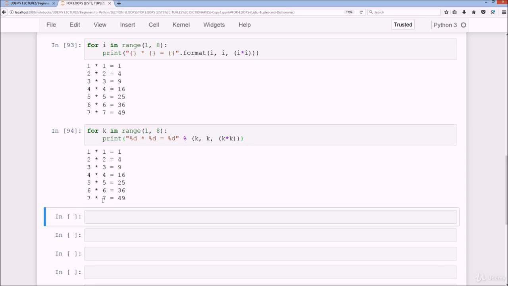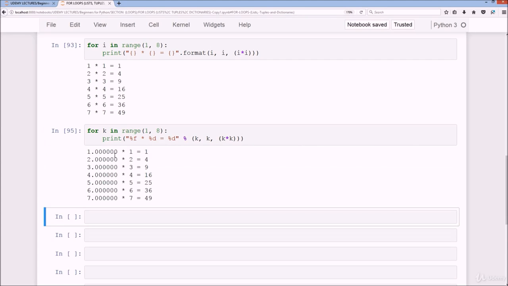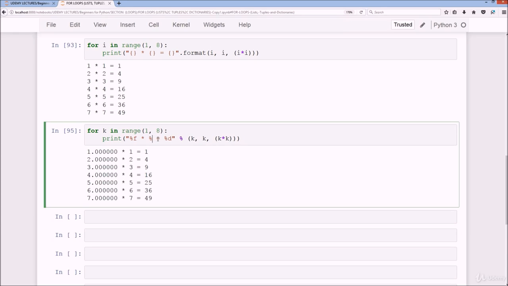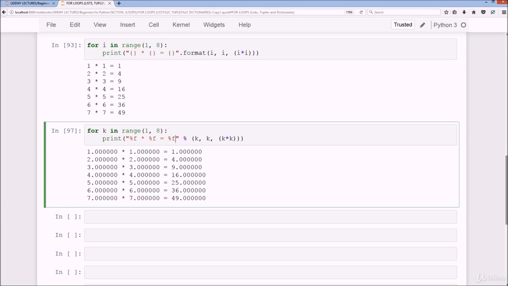Great, so it's exactly the same output as what we have above, and we can change these to say f, and then we'll get floats instead, as you can see here. And we do the same with this. It's rather long, and we could do the same here with this as well. Okay, so moving on from that,